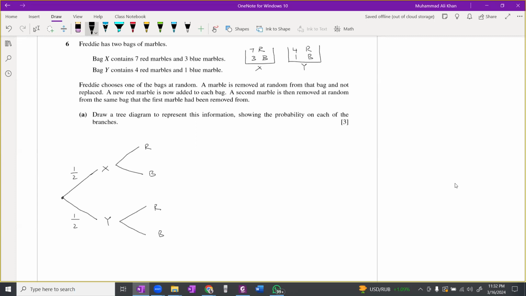If from bag X, we are choosing red marble, then the probability will be 7 divided by total events are 10. And blue is 3 over 10. From bag Y, red marble is 4 upon 5 and the blue marble is 1 upon 5. After that, again, the second condition, red blue, क्योंकि हमें एक बार फिर से मार्बल पिक करना है, रेड ब्लू